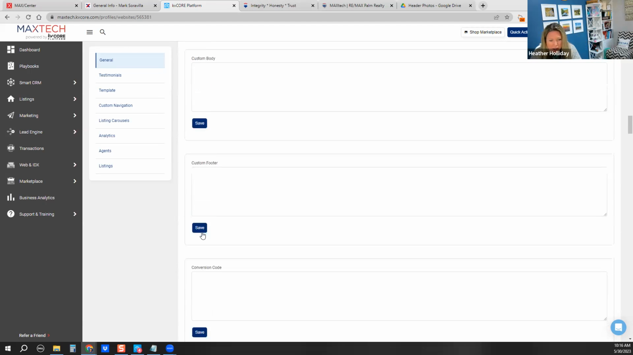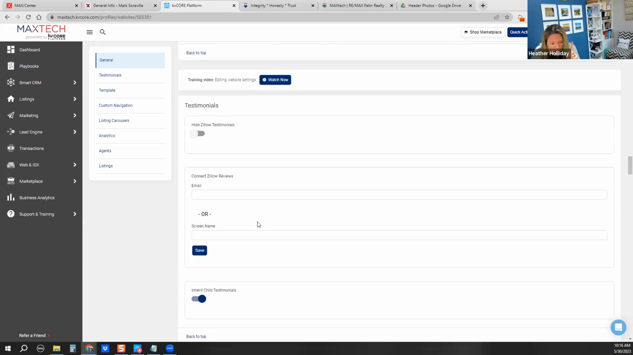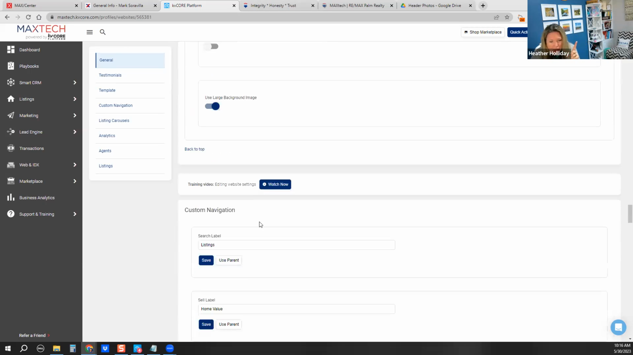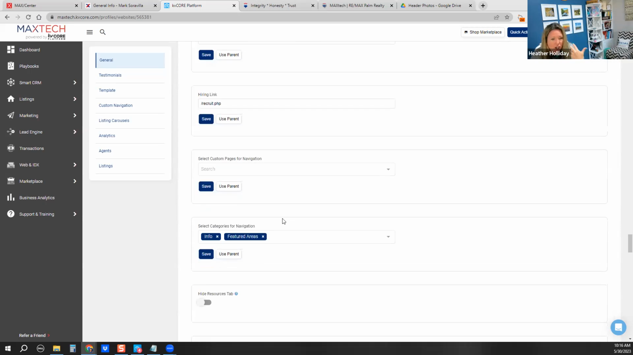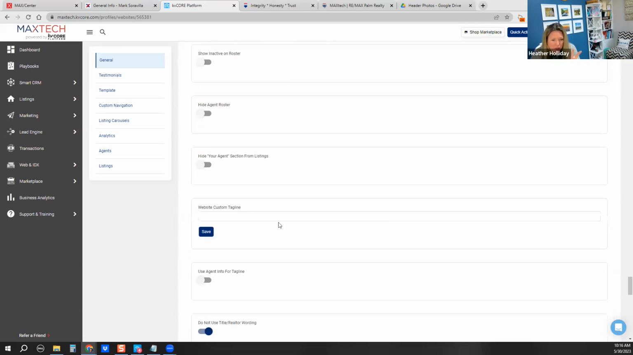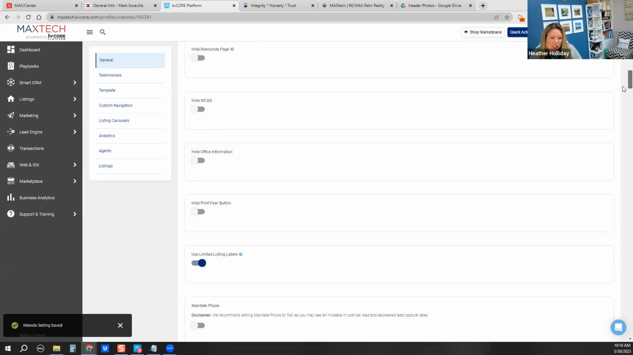It's way down under templates. Offices have different options. Let me come down because I want to add that. You can add in your information, your cell phone, anything like that. This is the website custom tagline. I'm going to put that there so it stays, but I am going to scroll back up to those settings